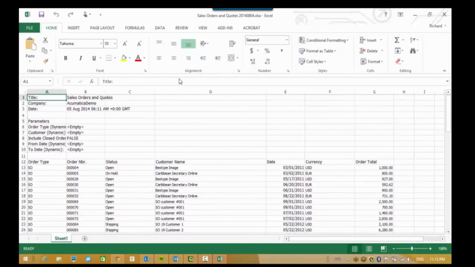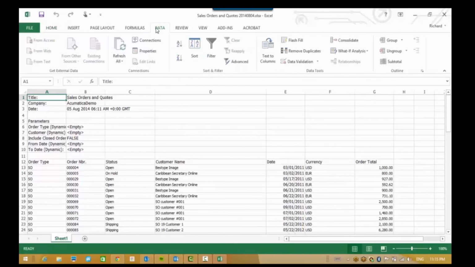If I enable them, I can take a copy of this spreadsheet, put it onto another PC on the other side of the world, and all I have to do is click on data and then say refresh all. It automatically connects securely, encrypted, over the internet back to my system and refreshes the data in this Excel